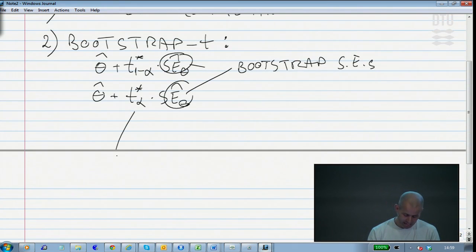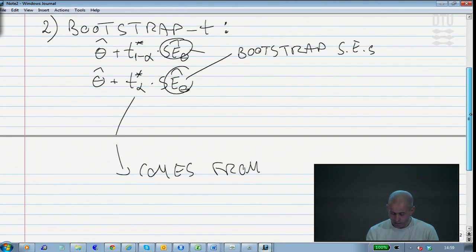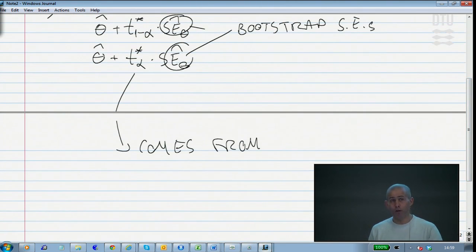We are getting those T's from something else, actually. Not from the T, but from the simulated sort of T-type distribution. So we don't use the T. We actually, again, simulate within the simulation. So it is coming from something.